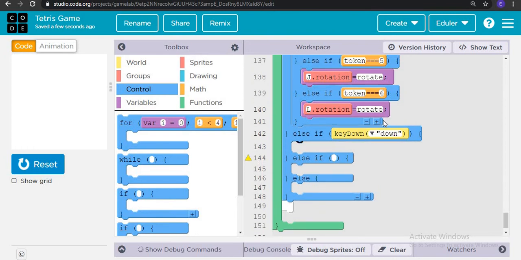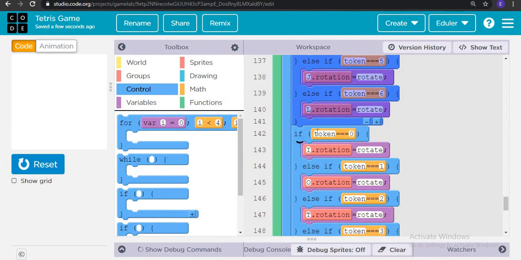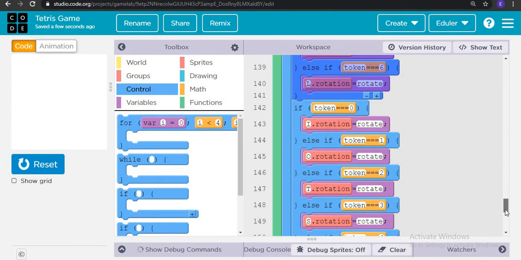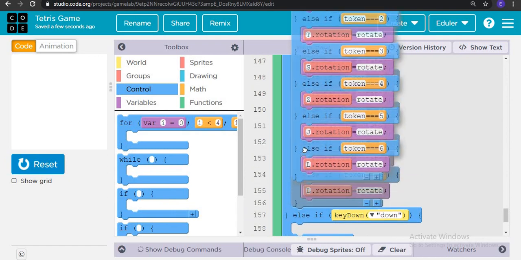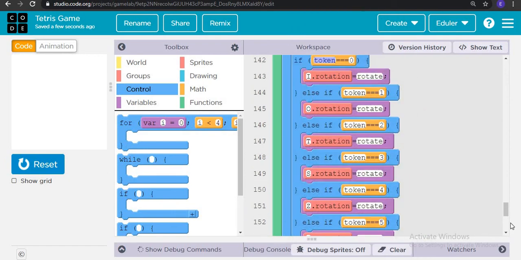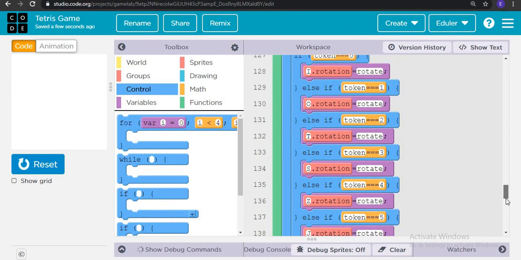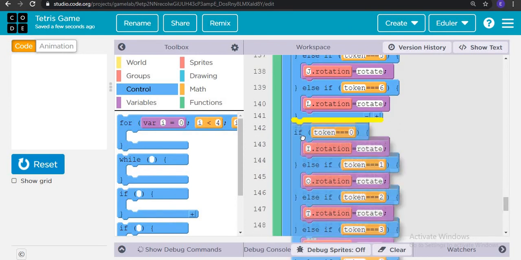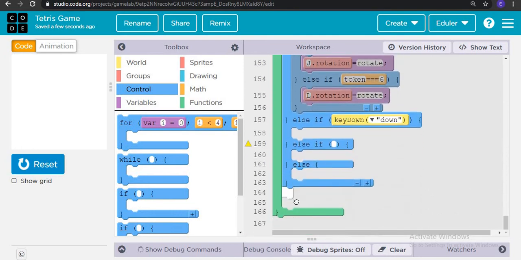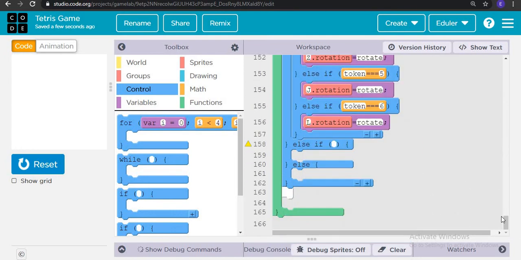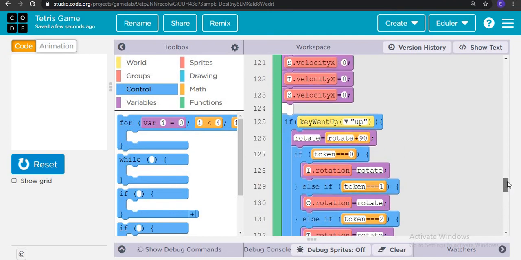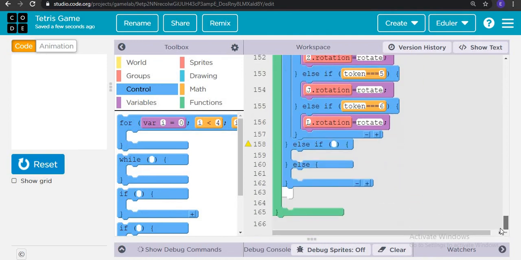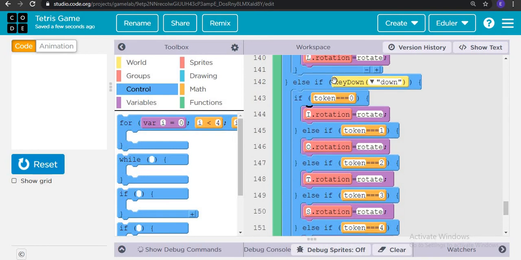Then we can actually make it the same thing. This is a statement. But just a second, the code is very large. Yeah. So now we will make the required changes. So what are we doing right now? So here, if it's down, then if token is equal to 0, then I